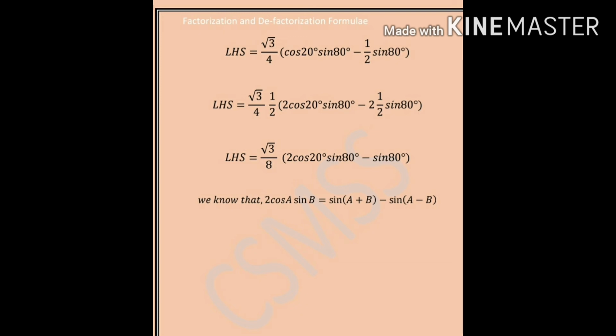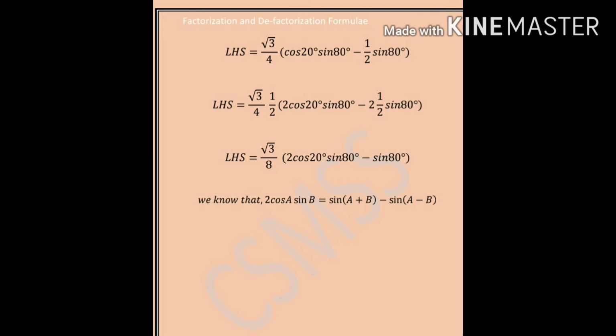And in RHS multiply 2 and divide by 2, therefore equal to root 3 by 4 into 1 by 2 in bracket 2 cos 20 degree into sin of 80 degree minus 2 into 1 by 2 into sin of 80 degree, that is equal to root 3 by 8 in bracket 2 cos 20 degree into sin 80 degree